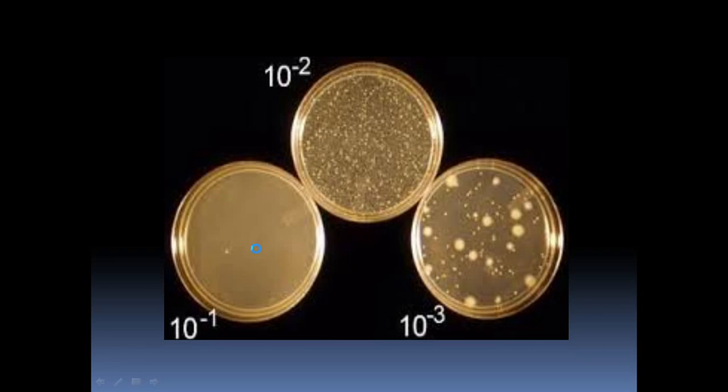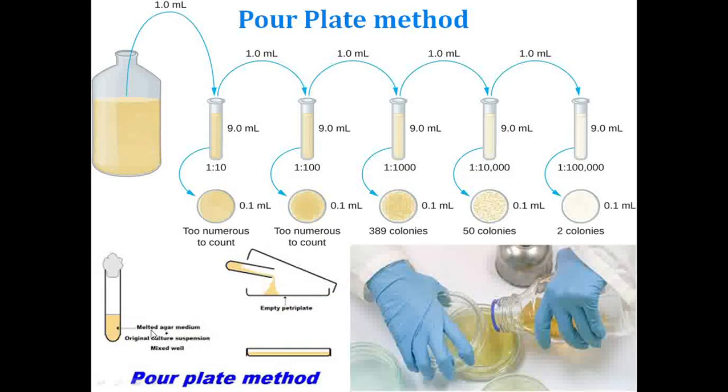But what we can see is we have taken melted agar, right? To maintain it in a melted form, as I have mentioned before, I'll be taking a 45 degree Celsius agar medium, right? So I'll call this one of the disadvantages of the pour plate method, because the colonies which cannot tolerate 45 degrees Celsius won't be able to be separated or isolated with the help of the pour plate method. This is one of the disadvantages. And the other one is, as you can see, we are pouring the content that is mixed within melted agar.